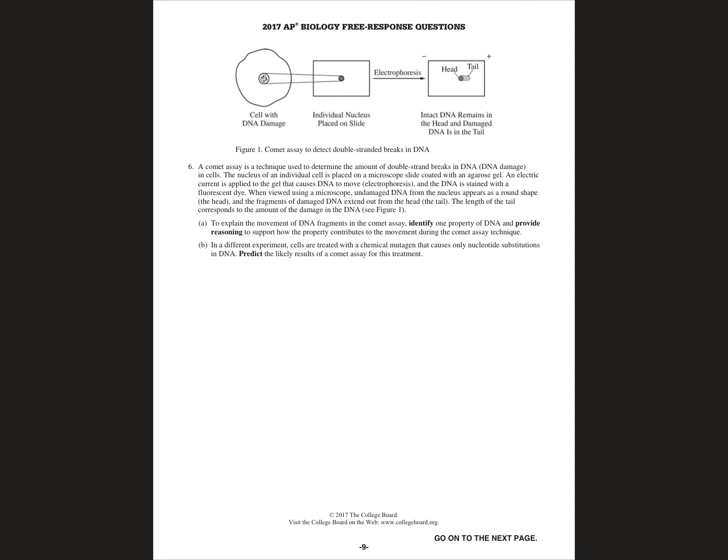So here you have a cell with DNA damage, and then there's an individual nucleus placed on a slide. So they took the nucleus out of the cell with DNA damage, maybe too much sun, maybe some kind of chemical, maybe a virus infected the cell's nucleus, or bacteria, who knows. So the nucleus is pulled out. The bacteria probably wouldn't get into the nucleus; it'd be here in the cytoplasm, but whatever. So the nucleus gets